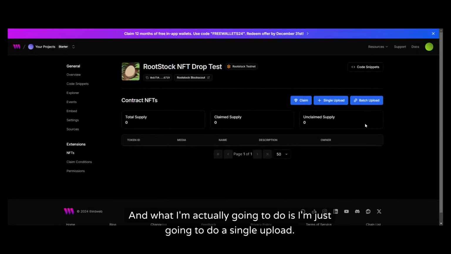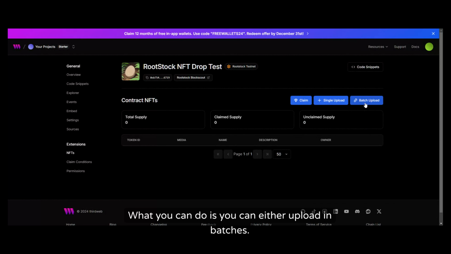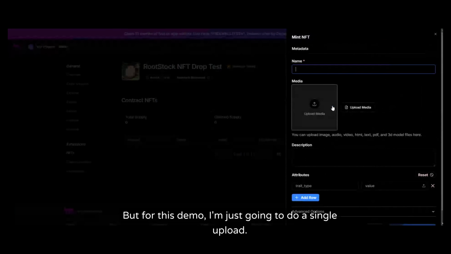And what I'm actually going to do is I'm just going to do a single upload. What you can do is you can either upload in batches. So you can upload, say, 100 NFTs at a time. You can fill out all your metadata for it and do it in that route. Very simple. It uses a JSON file. It uses a route for all of your images. But for this demo, I'm just going to do a single upload. I'm going to name it